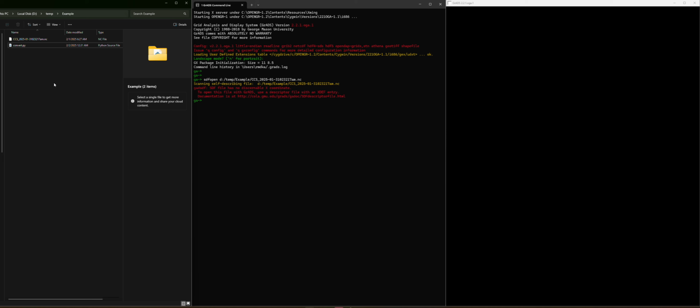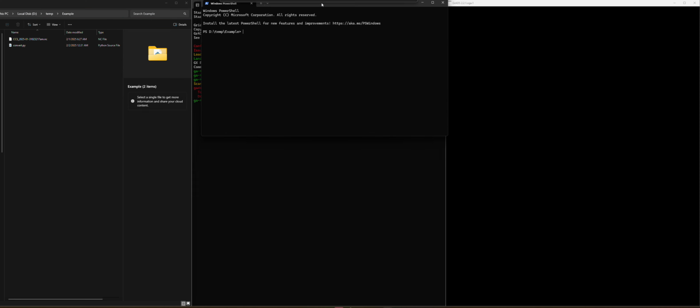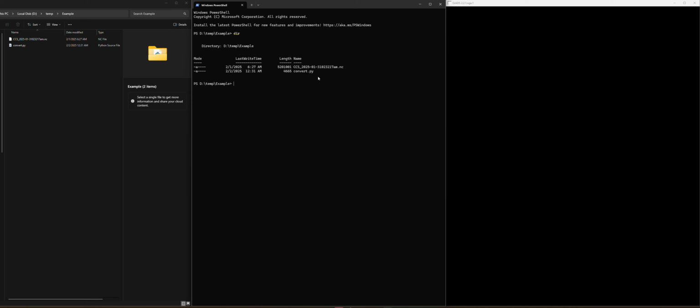Then you can hold the shift key and press the right key on the mouse and open the terminal from here. Then you will see the terminal window, and you can simply type dir in here. Then you will see your file, the convert py file and the NetCDF file which gives you the error. For this one you need to have Python installed in your system. Then I can use python, space, then the file name